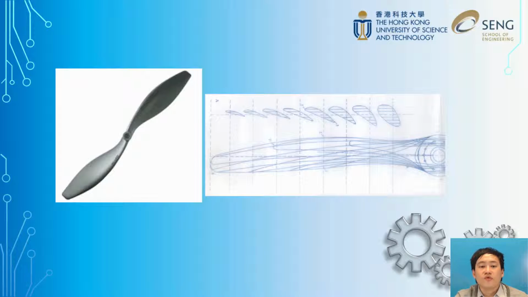But the magnitude of the force will be a lot smaller under the same driving power. So don't think that you can generate an opposite thrust by counter-rotating the propeller. Yes, you do have some kind of force generated, but it's a lot smaller,